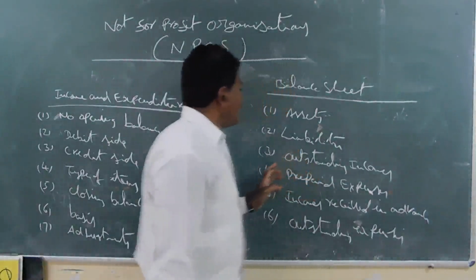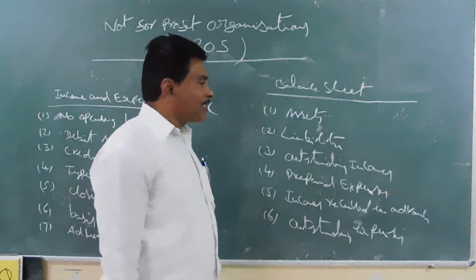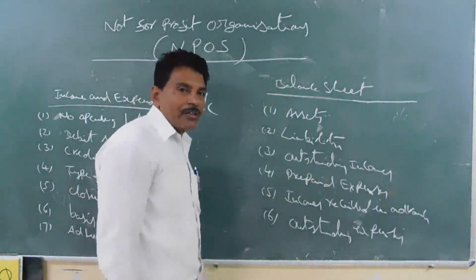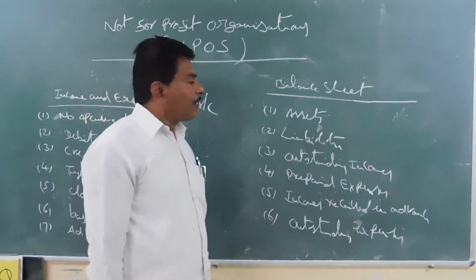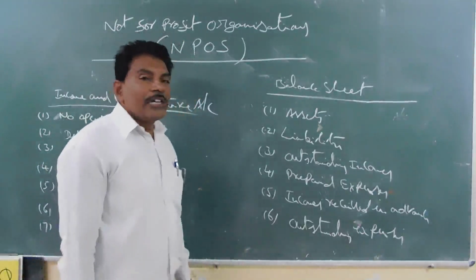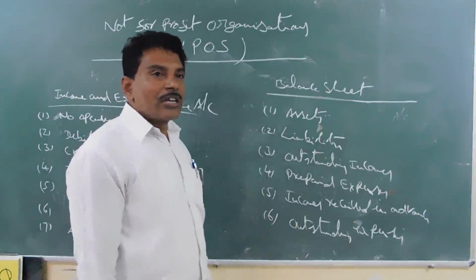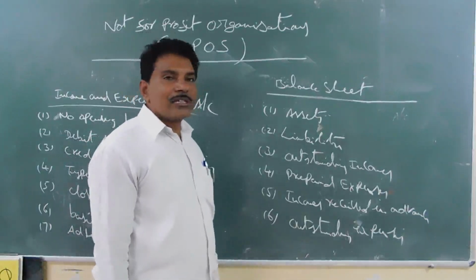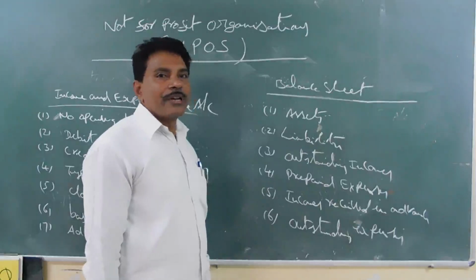Similarly, liabilities. The liability side starts with the capital fund. For capital fund, some adjustments are to be made. First, if there is surplus, that must be added. If there is a deficit, that must be deducted. Along with that, sometimes legacies, life membership fees, entrance fees may also be added to the